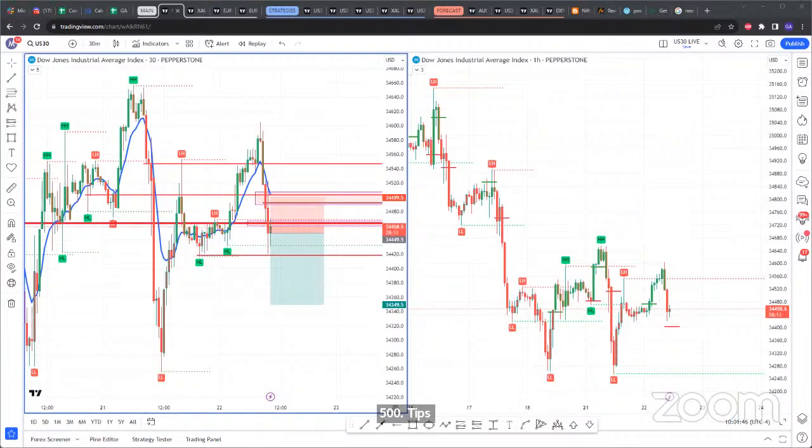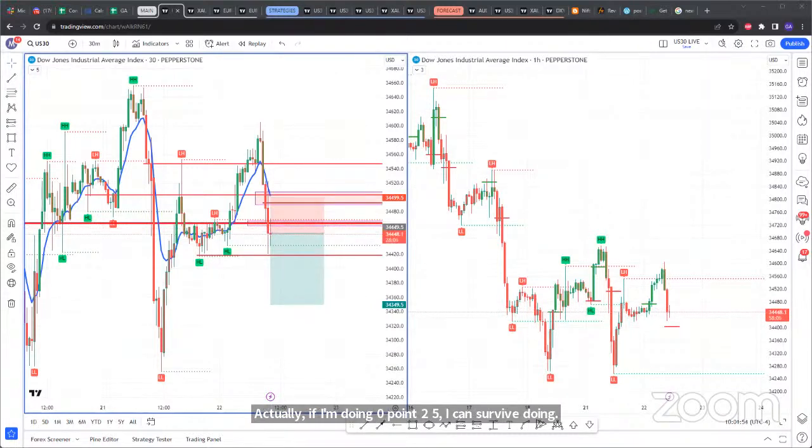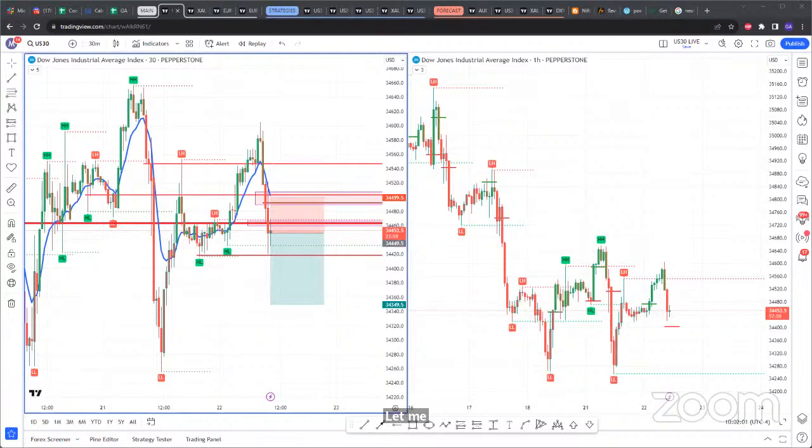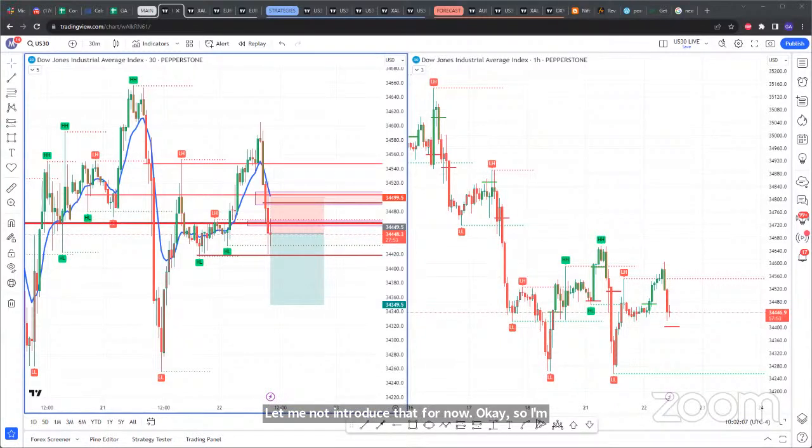Actually, if I'm doing 0.25, I can survive doing 1,000 pips stop loss. Let me see how I do that. Actually, no. So 500. Let me not introduce that for now. Okay, so I'm selling US 30 right now, based off of